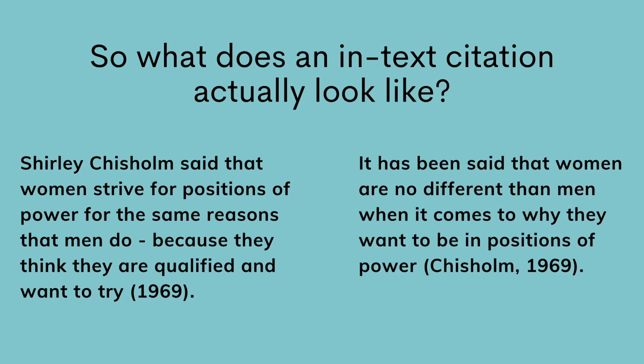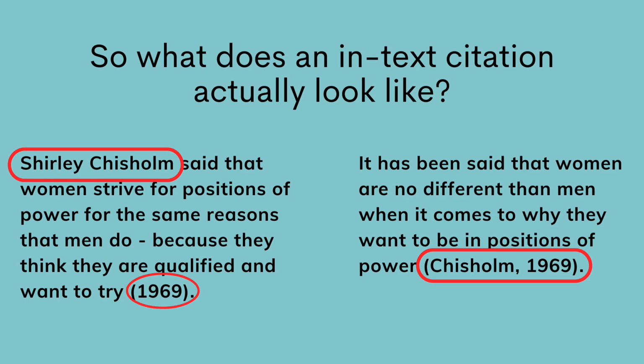Over here, though, I summarize the information without introducing the author. In this case, I put both the author's last name and the year at the end of the summary. You can choose which method you want to use or get wild and switch things up from in-text citation to in-text citation. However you introduce your outside source, your in-text citations will need to include the author's last name for the source you're using and the year that the information was published.